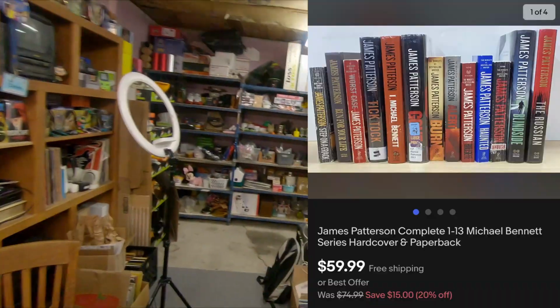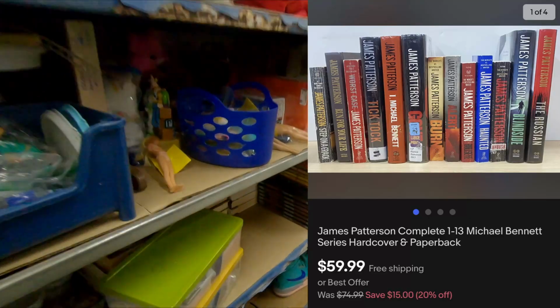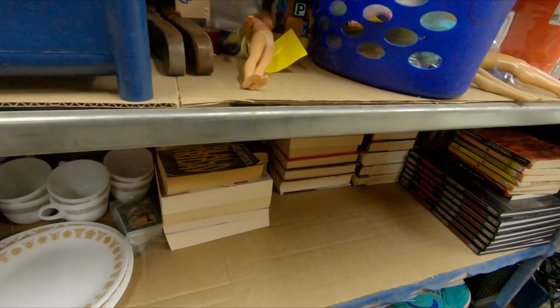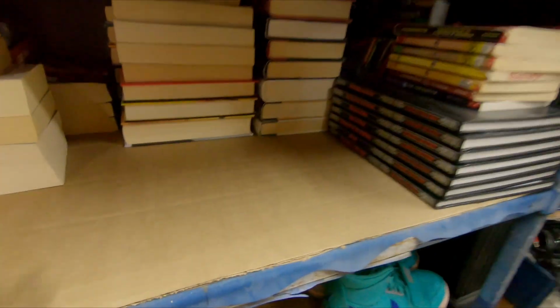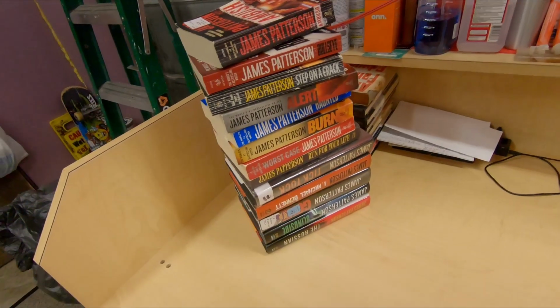All right, next thing going out. Very happy to see it go. C2 James Patterson. It's the complete Michael Bennett series. And I'm happy to see it go because that clears up a ton of space down here on C2. All right, there we go, right there. 13 James Patterson books, the Michael Bennett series. And for that,